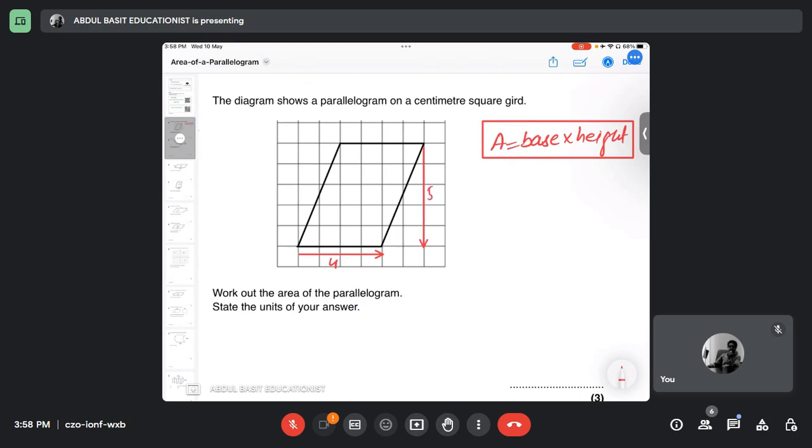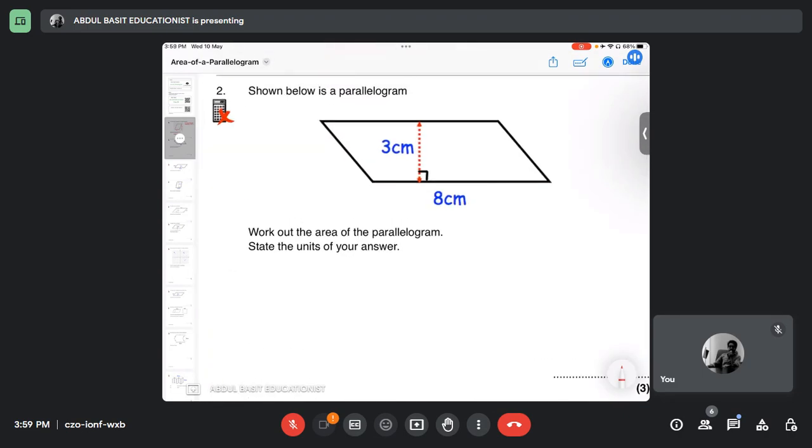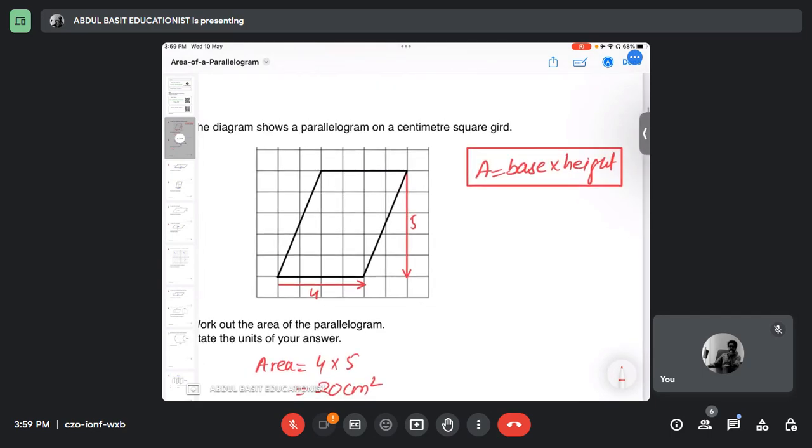So that is 1, 2, 3, 4, 5 boxes. So area would be base is 4 and the height is 5. So 4 5s are 20 centimeters square. Is this clear, Hashir? ये slant वाली height कभी भी नहीं हो सकती। यस सर. Shown below is the parallelogram. आपने हाइट कैसे निकाली? The boxes गिने हैं ना। Boxes गिन लिए थे मैंने।